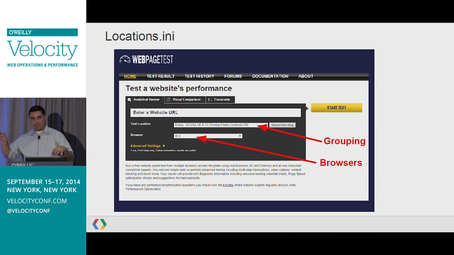But those don't necessarily map down to the individual location IDs. A combination of test location and the browser. So each test location has a certain set of browsers that are supported, and those can actually be supported from multiple different location IDs as far as WebPagetest is concerned. Like for Dulles, Virginia, we have the desktop Chrome agents, or desktop Chrome, IE, Firefox, a bunch of different versions of IE, as well as the mobile agents, all reporting into the same test location grouping. And the browser dropdown just has all of the different browsers listed, even though there's multiple different agent configs talking